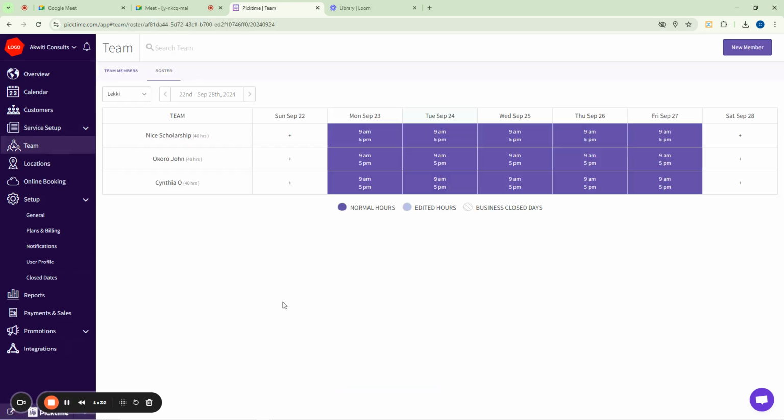What do you understand by the word roster as it applies to this Peak Time? Let me ask somebody here. Your roster is your work schedule, how you manage your staff. Some staff are so sensitive that if they are not around in the office, there'll be chaos. Some staff are so important that when they are not around, everything will be slow.